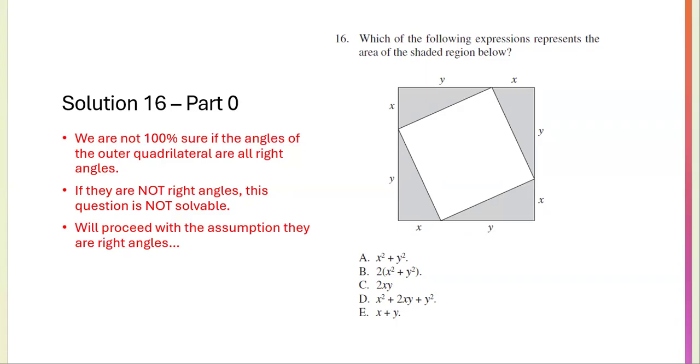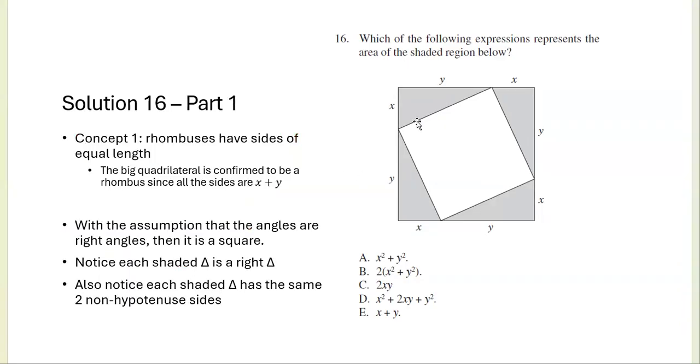So you want the area of the shaded region below. You can solve this in multiple ways. You can find the area of the big quadrilateral minus the area of the smaller quadrilateral. That's one way. You can find the area of all these triangles individually and add them up. That's another way. And that's probably the better way to do it, in my opinion, because, well,